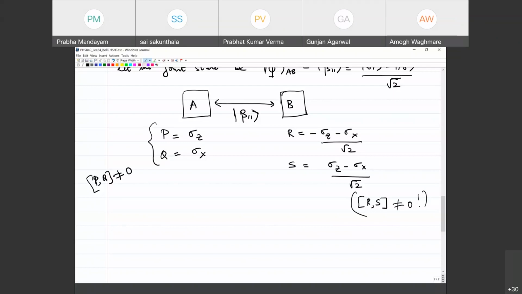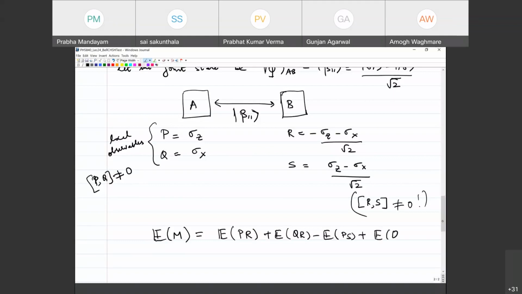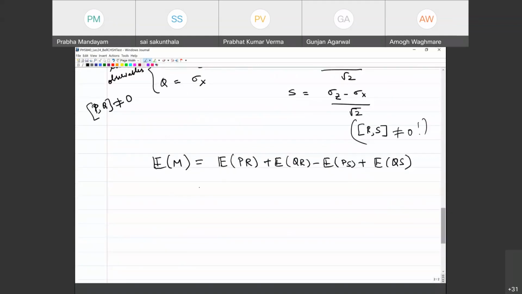Right? Okay, so we have basically chosen observables. These are the local observables, and the local observables don't commute. So now, what do we have to test? We have to test whether the expectation of this observable M, which is the sum of these 4 expectations, PR, QR minus PS plus QS, and quantum mechanically, this is going to be the expectation in the state beta 1, 1 of